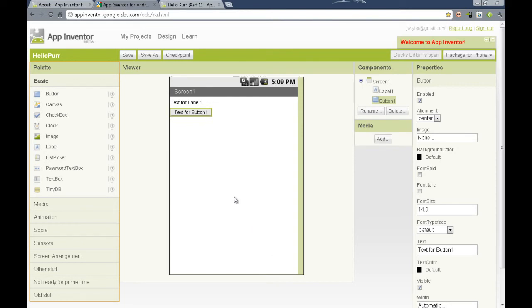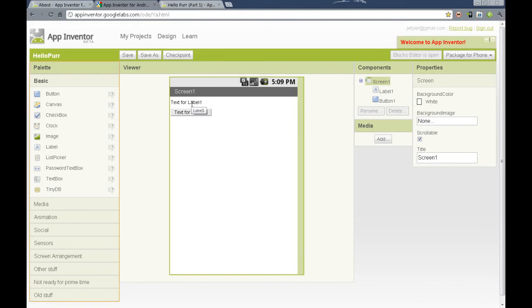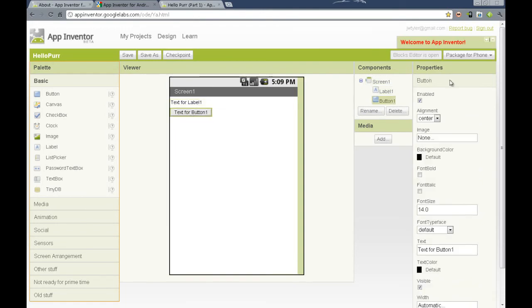It is important to note that what you see on this viewer interface is not in fact what you will be seeing on your phone. You should be running your tutorial and most design steps using your Android phone connected to the computer. All right, so we see we have added a label, and when we select a component in the viewer, the properties in the properties column on the right side of our design interface change. Each of these properties changes the look, the feel, or some interactive element of the component we selected, such as